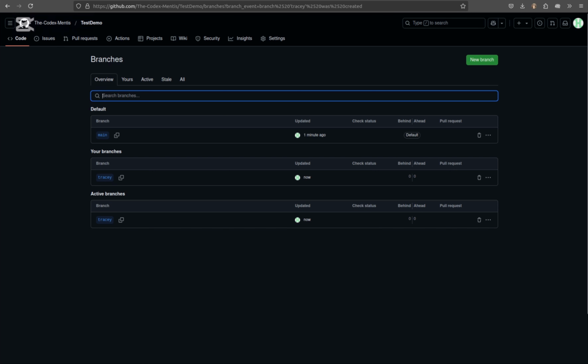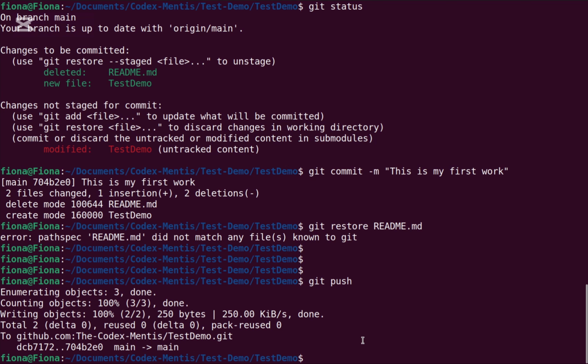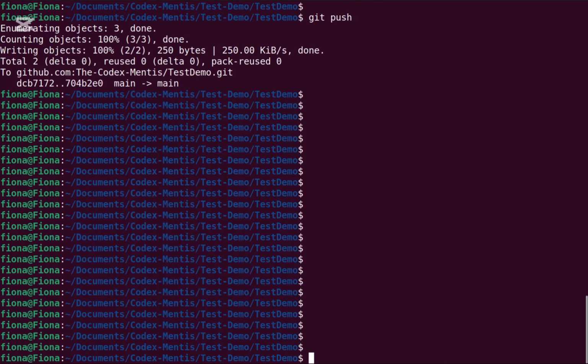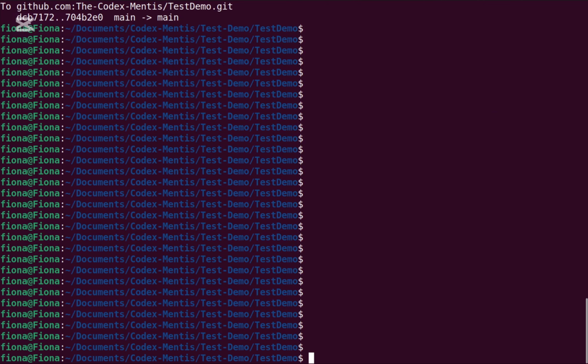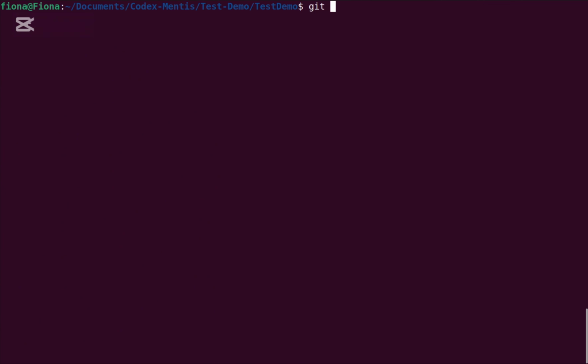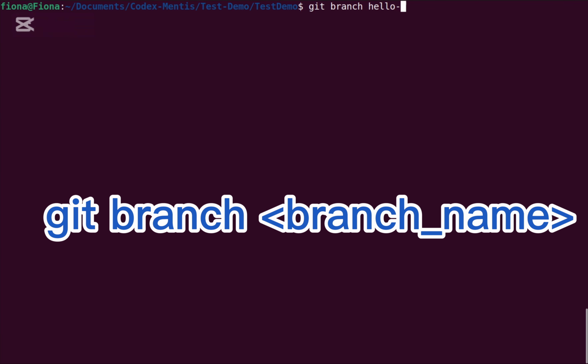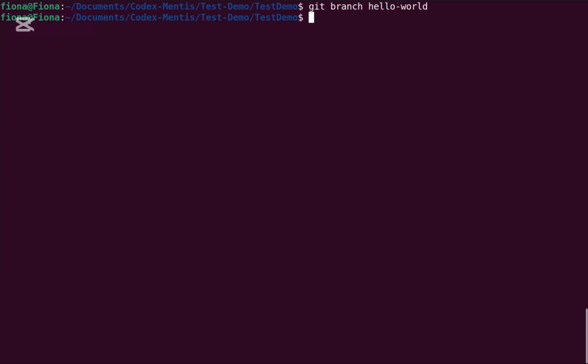that's on GitHub. If you want to create it from the terminal, you come, you do git branch, and then we call it something like hello world, and we have git branch hello world created, right? So say we want,